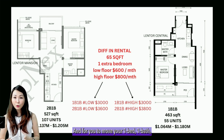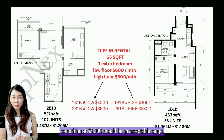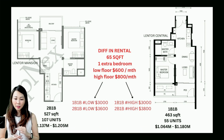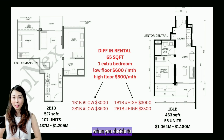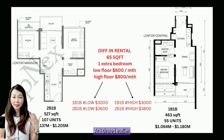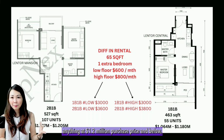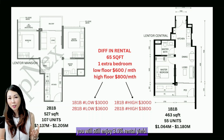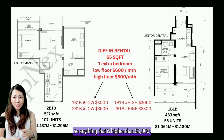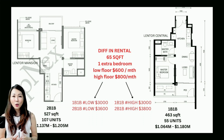And for you to move your 1-bed 1-bath, something at $3,000 should be an acceptable range. This will also give you a clear expectation of what to expect when you decide to price your unit in the market for rent. As I shared earlier, anything at 1.2 million purchase price and below, you will still enjoy 3% rental yield. So anything that is higher than $3,000, if you are able to rent it out by then, will all be